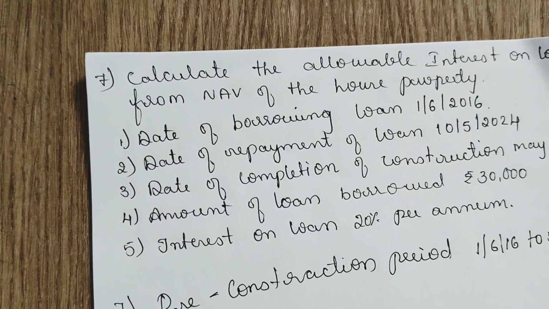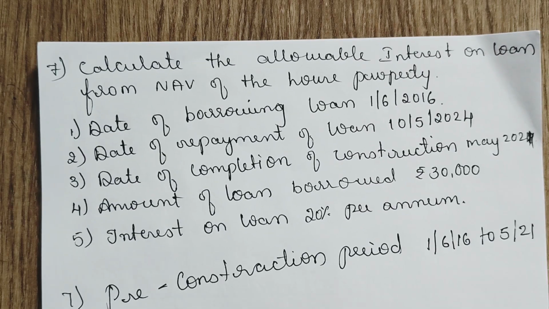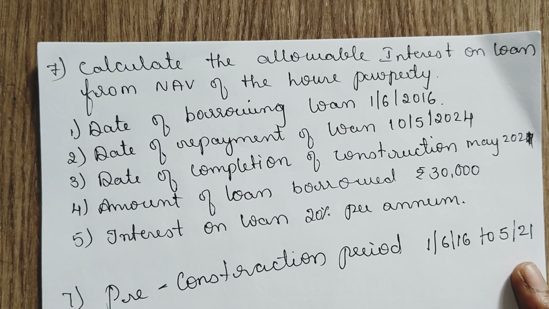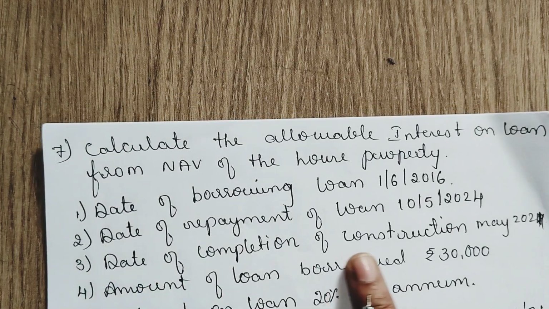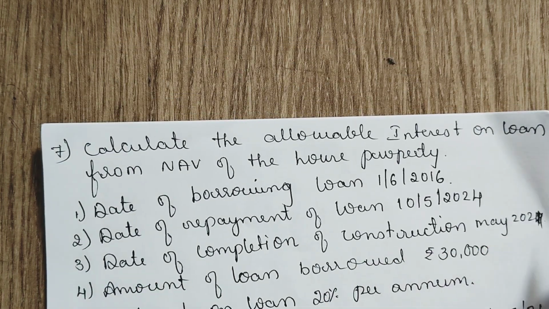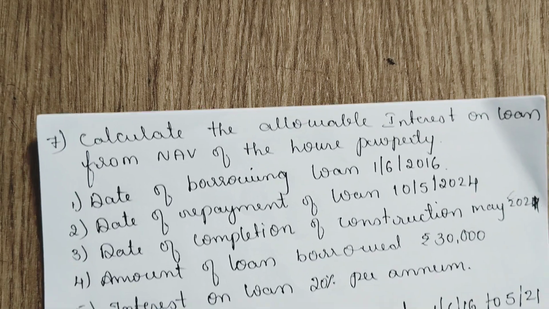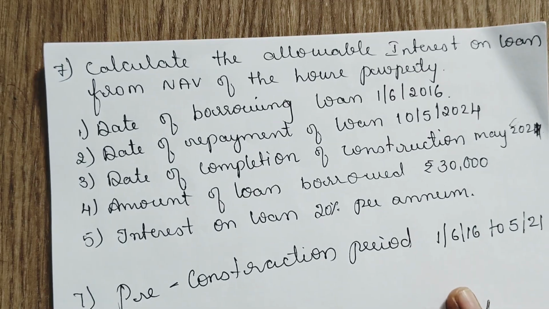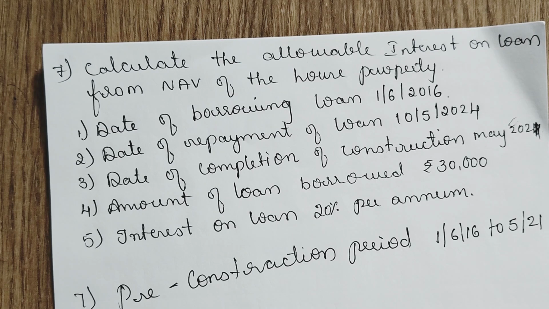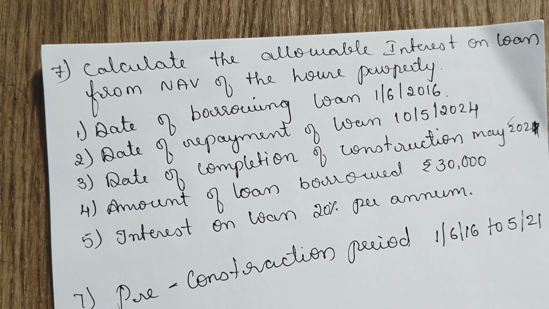The pre-construction period is from the start till the end of the completion of the construction. Here the date of completion is given, that is May 2021. Okay, completed. Now from 1st June 2016 to